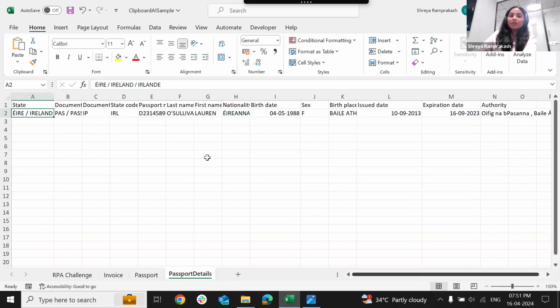Now it may seem that I just have 1-2 documents. Why do I have to do this? But just imagine if you have plenty, so that it would save a lot of time. And also, since it's currently in preview and it is free for all of you to download, I do encourage you to try it out to just see how cool it can really be. So that is what I wanted to showcase on the demo for Clipboard AI.